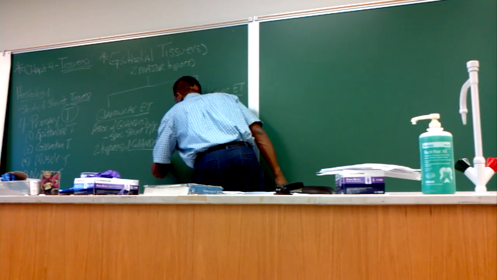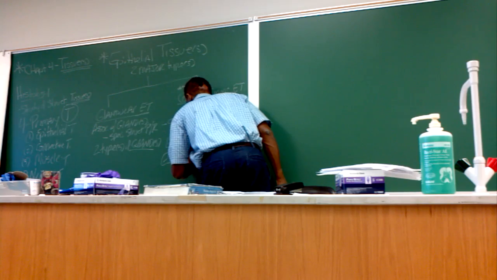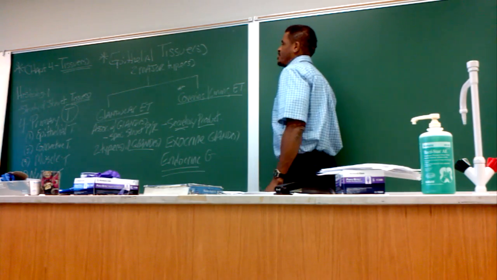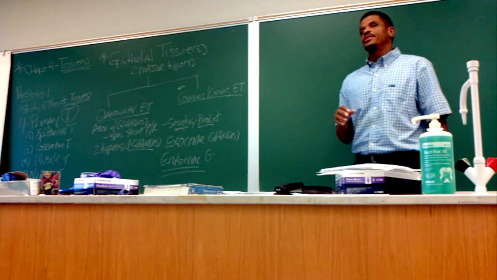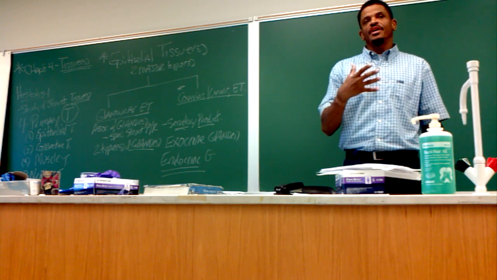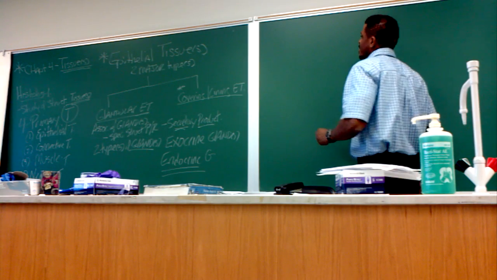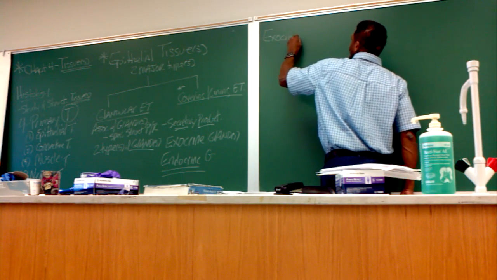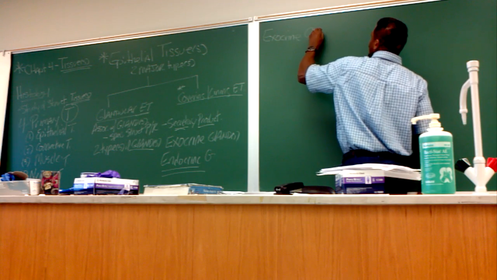There's two basic types of glands associated with the human body. We have that of the exocrine glands and the endocrine glands. As we look at the exocrine glands,